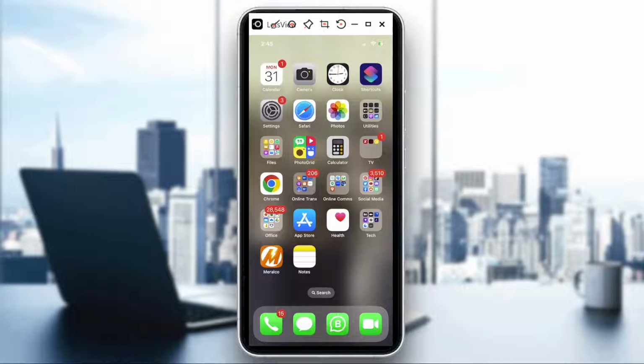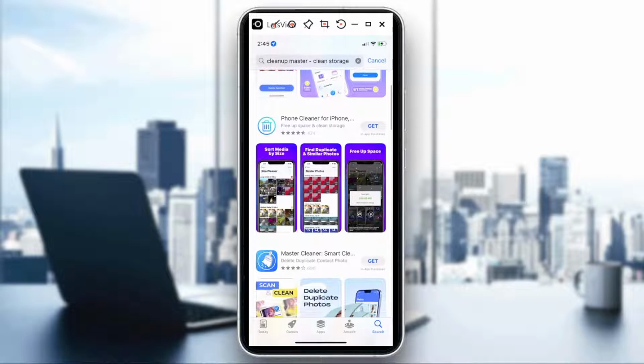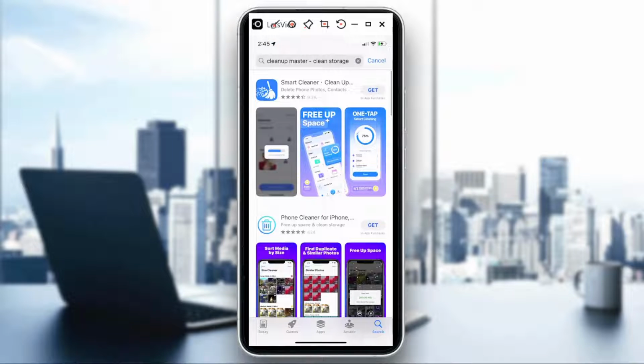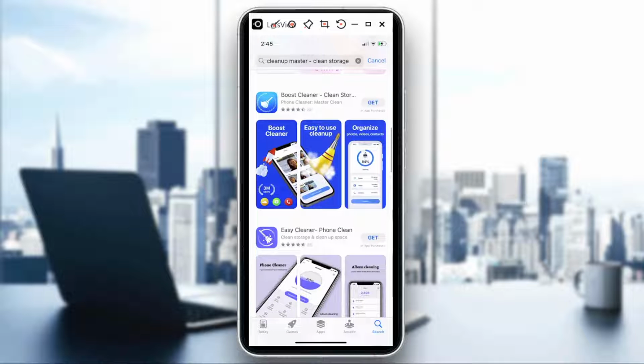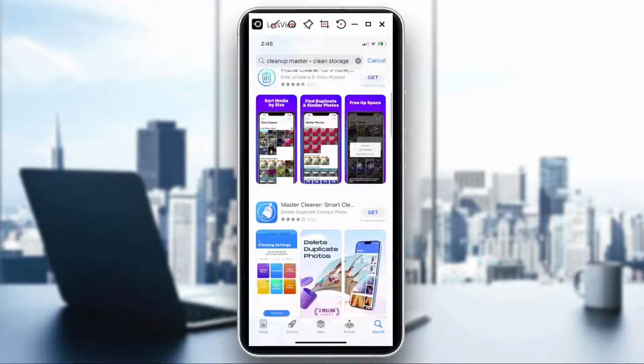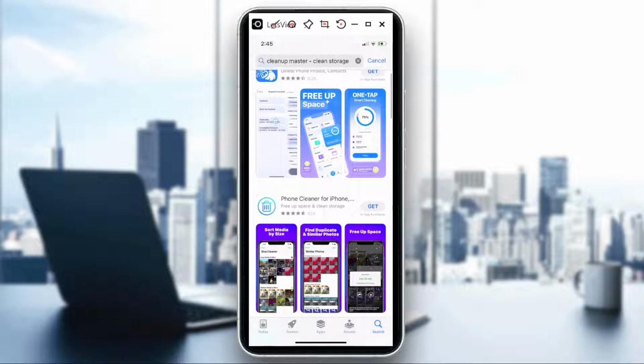Most, if not some, you could also go to App Store and look for apps, just simply look for phone cleaner or anything that has cleaner on it. I mean that's how I would look for apps that would help you clean up your duplicate photos on iPhone. You could also do that. But